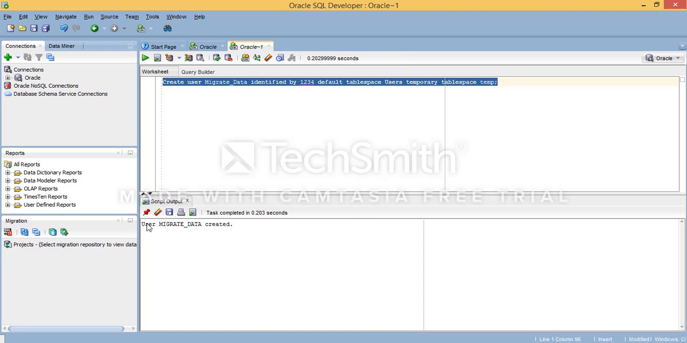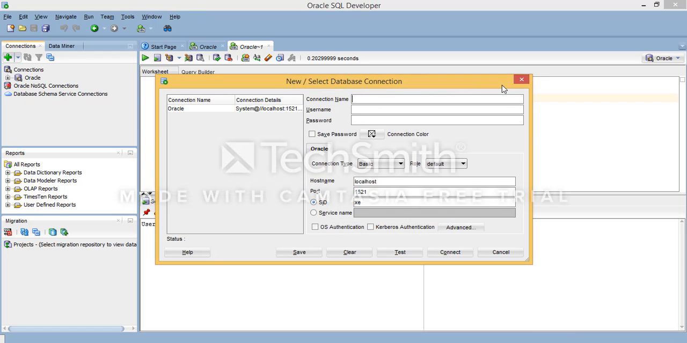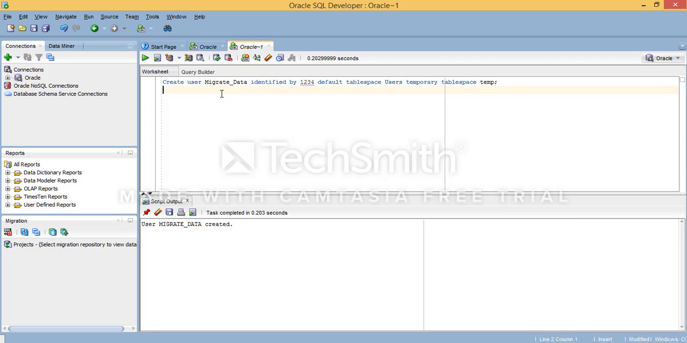It's going to say that user migrate data created successfully. You can give any name here, according to your requirement or according to your understanding. I just used this user. So now let's connect with this user. You have first created the user and you have assigned the table space. Now we are going to